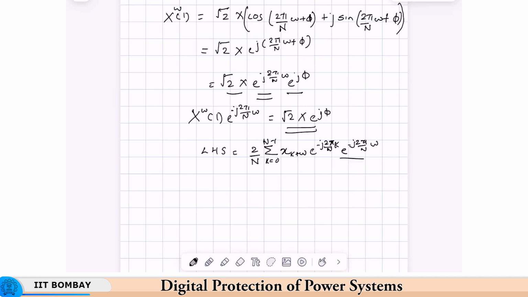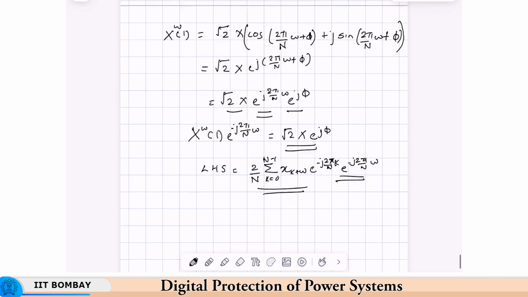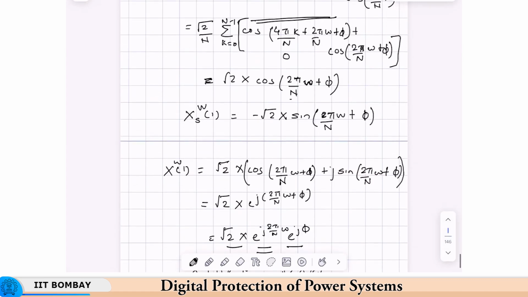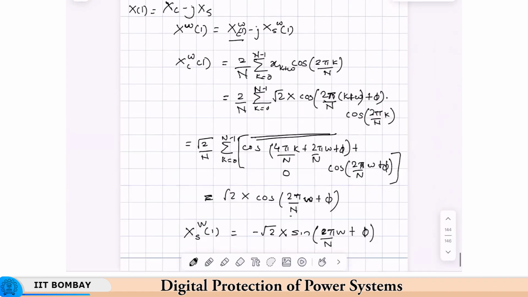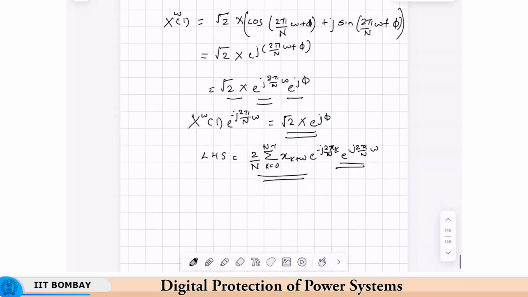This term has got added on the left hand side. This was our original expression here. Okay, if you remember, this is what we started with. Okay. So, now